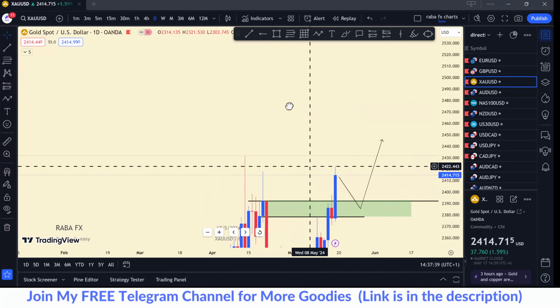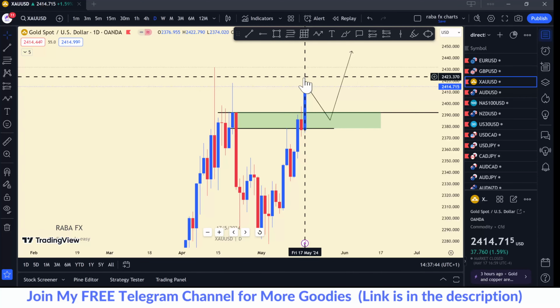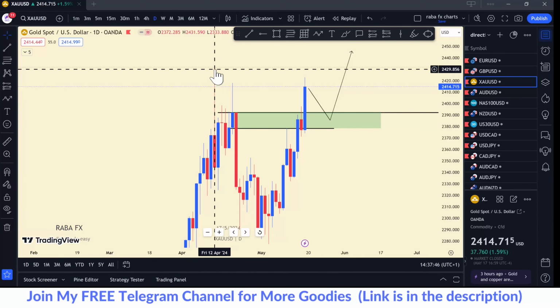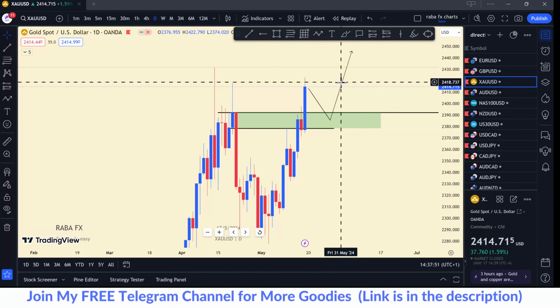In this case, there's no more resistance. Okay. So one has to be very careful. When you are buying, you target the high. You target the high, yeah? Okay? Once you target that high, take most of your profit away and then allow the remaining one to move.